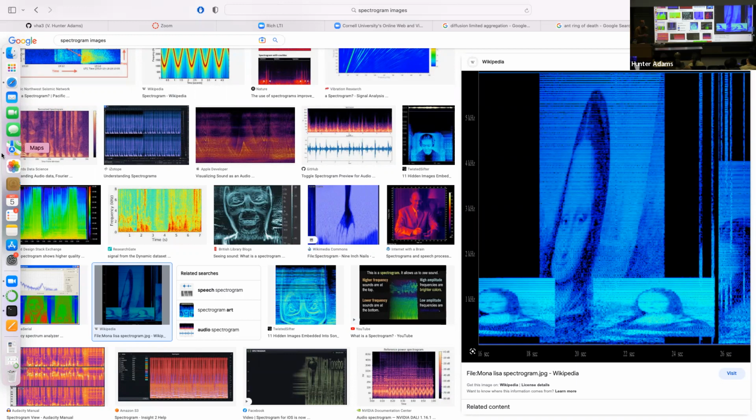Detect the direction of a clap. You could implement head-related transfer functions. You have an ability that you may not have thought much about, but you're pretty good at determining the direction from which a sound came. The reason that you're good at that is your ears are separated in distance. So there's some distance separating your two ears. And furthermore, there's stuff between your ears.